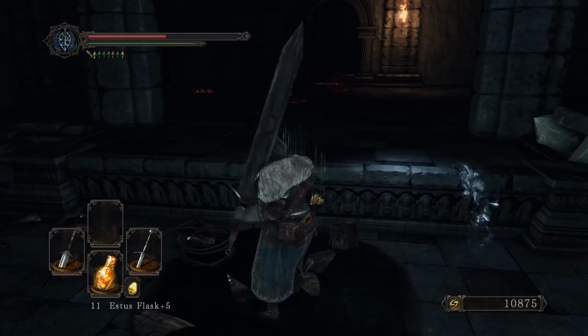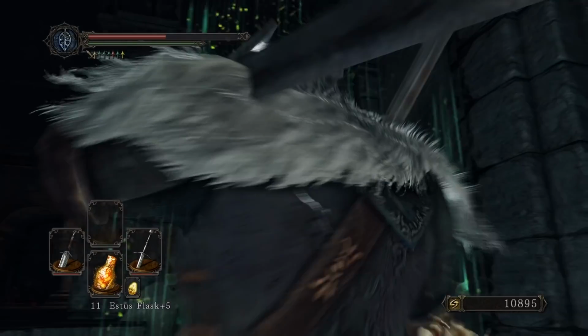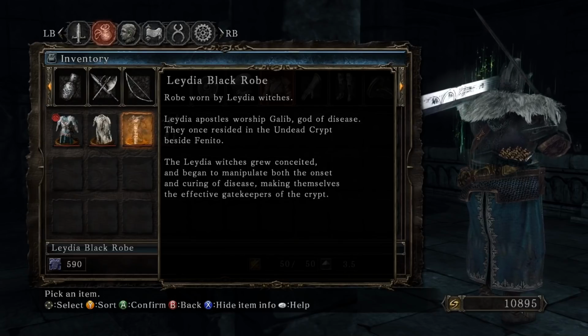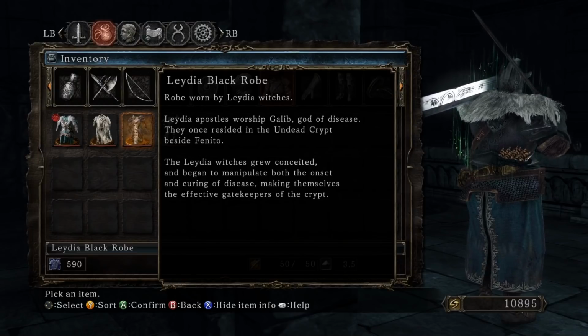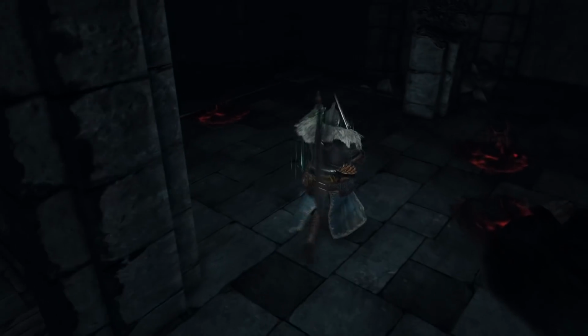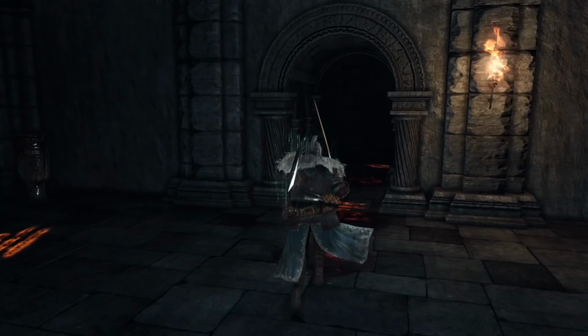Ugh, smashed the oil barrel again. Ladia Blackrobe. Okay, is there gonna be, like, someone up there sniping down at me? No? A robe worn by Ladia witches. Ladia apostles worship Galeb, god of disease. Huh, not Nito? They once resided in the undead crypt beside Finito. Aha! Finito! I told you! I don't know what that is, but... Aha! Finito. Mil Finito. Just some relationship, probably. I don't know. The Ladia witches grew conceited and began to manipulate both the onset and curing of disease, making themselves the effective gatekeepers of the crypt. Well, that explains why the Hollows were worshipping them. If they have set themselves up as curers of disease, then that's an easy way to get a